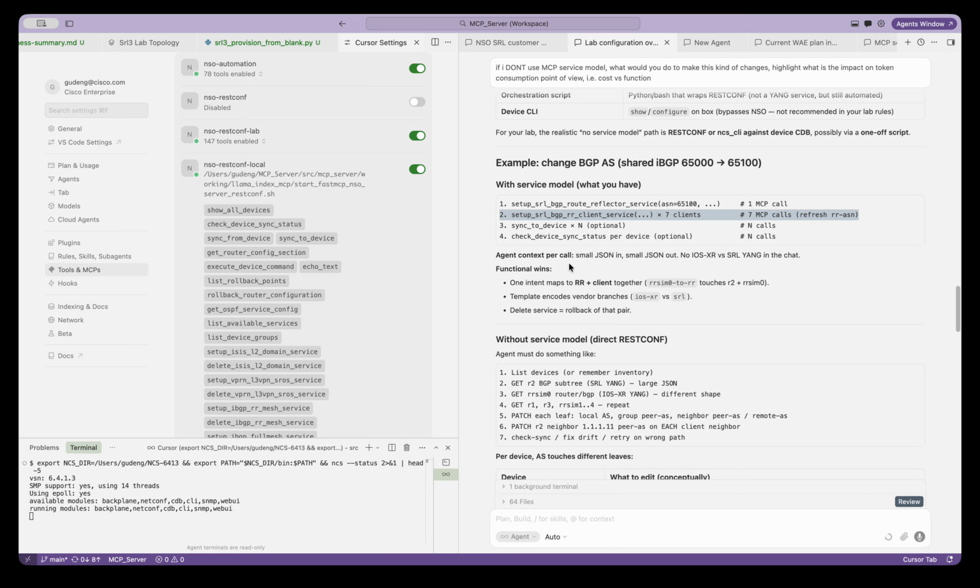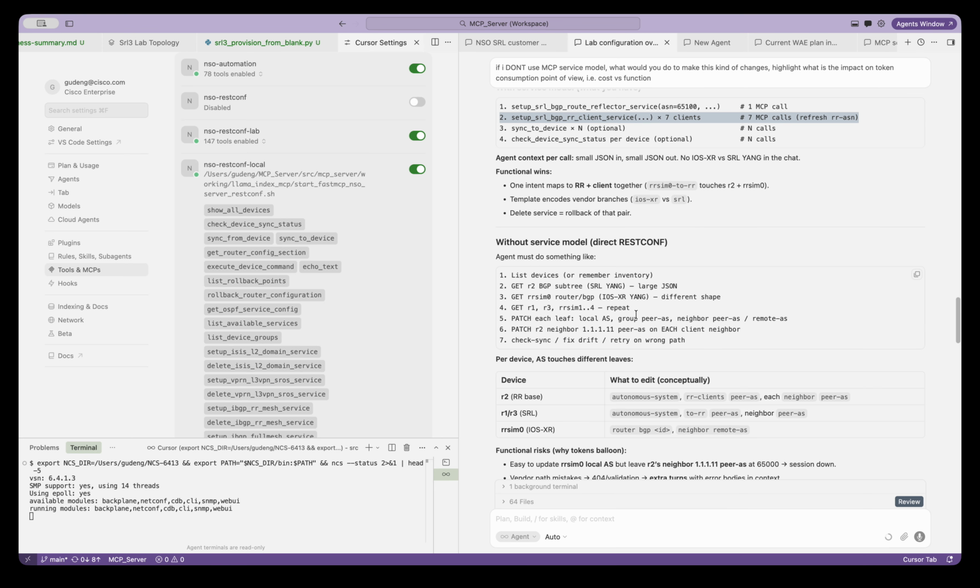So agent context per call is small JSON in, small JSON out. No IOS XR versus SRL in the chat. And the function wins: one intent maps to RR plus client. The template encodes vendor branches. To delete the service, just roll back that peer. You just delete that thing.